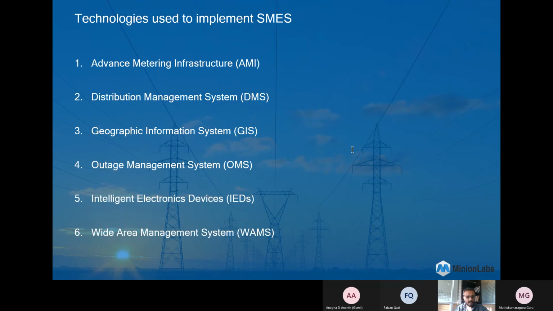Second is the distribution management system, that is DMS. DMS software mathematically models the electrical distribution network and predicts the impact of outages, transmission generation, voltage and frequency variation, and more. It helps to reduce capital investment by showing how we can better utilize existing assets, by enabling peak shaving via demand response and improving network reliability. Then, geographic information systems. GIS technology is specifically designed for the utility industry to model, design, and manage their critical infrastructure by integrating utility data and geographical maps.